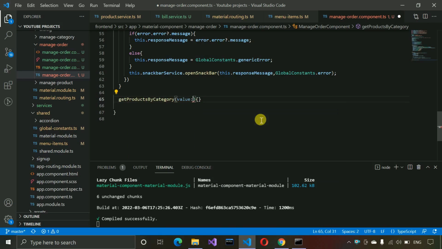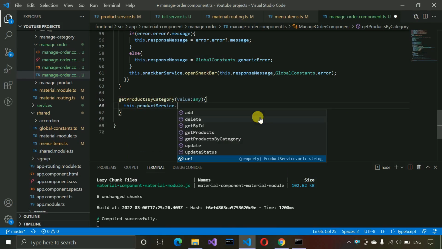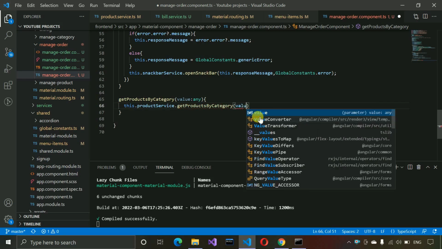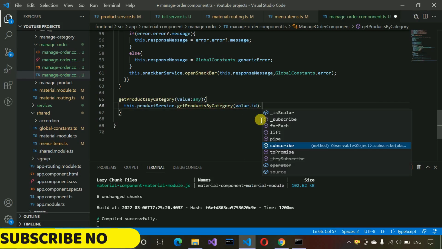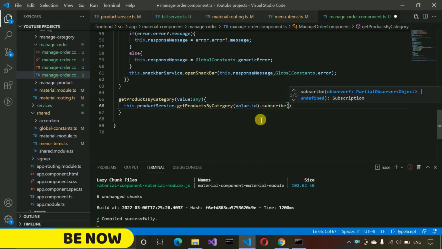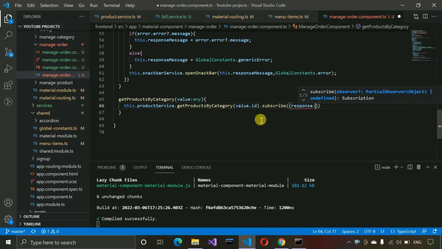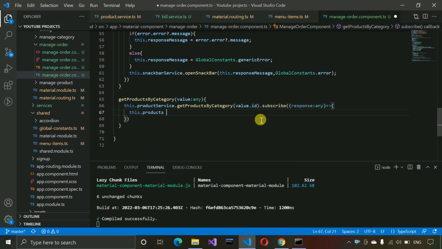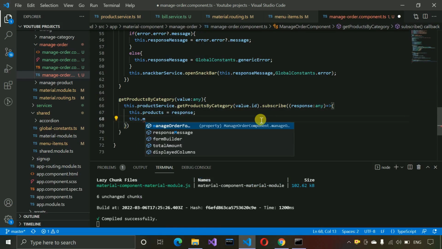In this we are also expecting some value, and the value will be of any type, and this dot productService dot getProductsByCategory, this method we need to call, and in this we need to pass value dot id, whatever the id we get we are going to pass that, and then we have to subscribe, and here we have to write response any, and here we have to write this dot products, and whatever the response we are going to get we are going to pass inside of that, and after that this dot manageOrderForm dot controls,